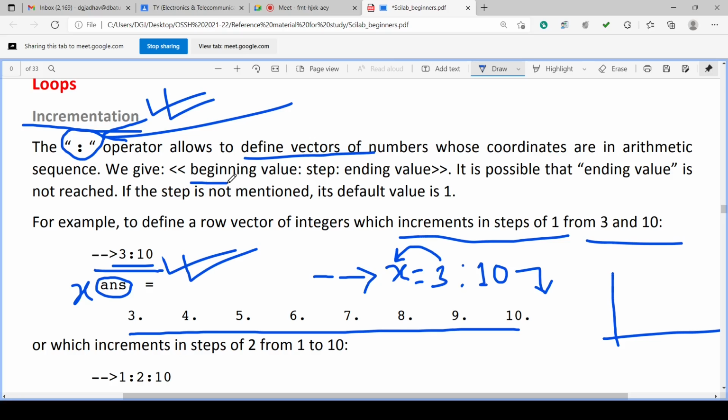Here we are giving the beginning value colon ending value, or beginning value colon step colon ending value. Step may be given.